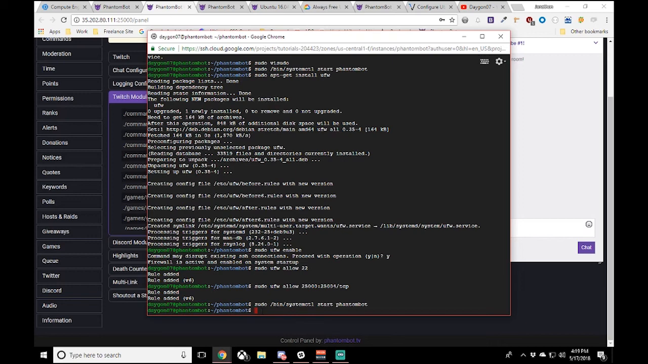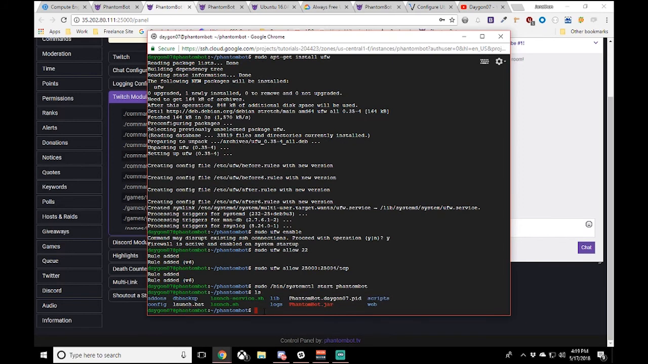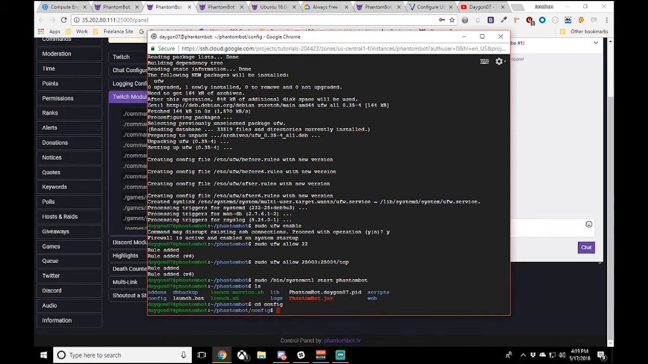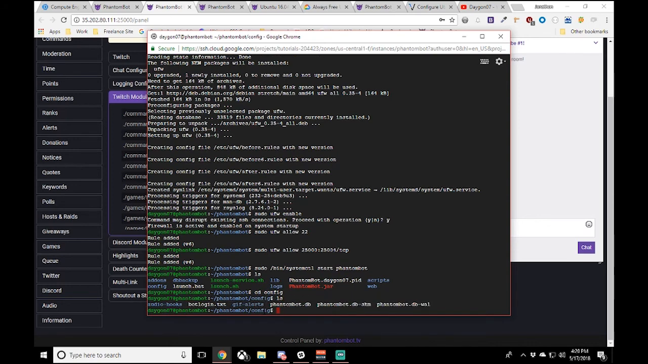Make sure you're in your Phantombot folder. We're going to go into config, so cd config. We're going to look in there, ls, and that botlogin.txt is going to be the file that you're going to want to edit. So the easiest way to edit this file is vim botlogin.txt,